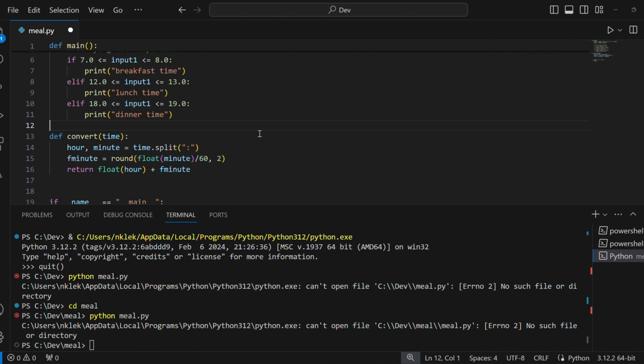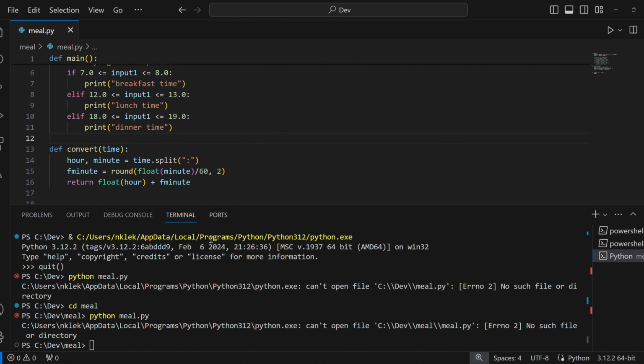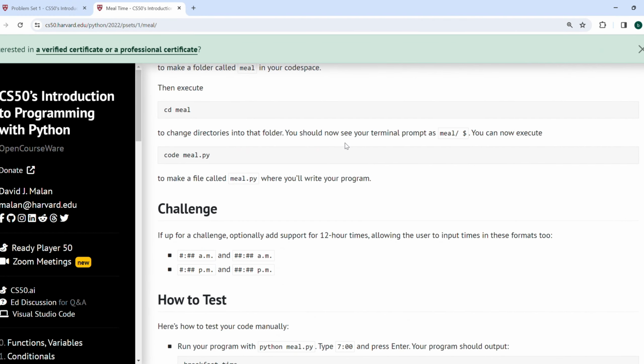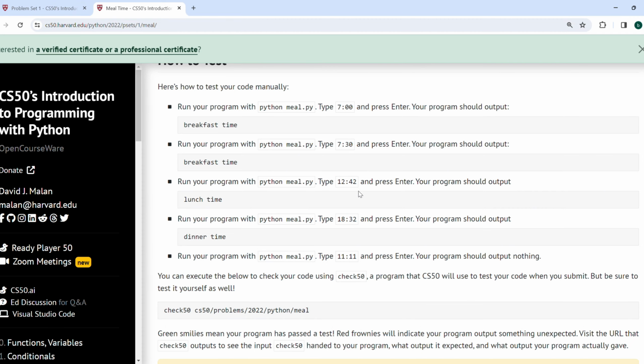I haven't saved this file yet, so I'll save it. Now if I run this one more time, what time is it? If we test with what has been given to us,